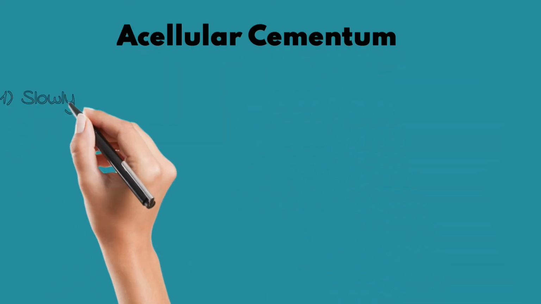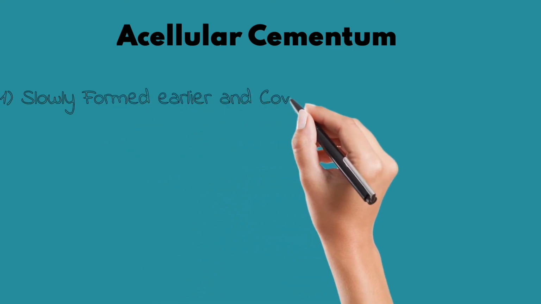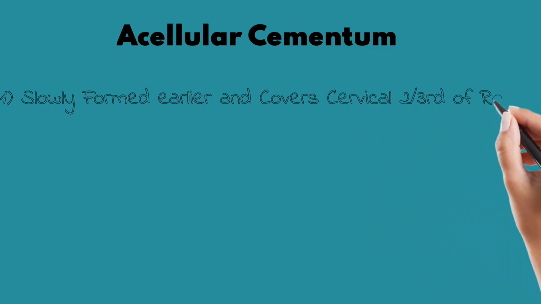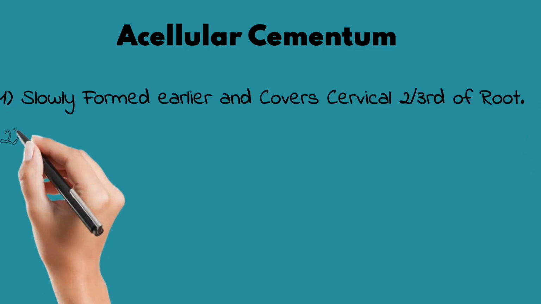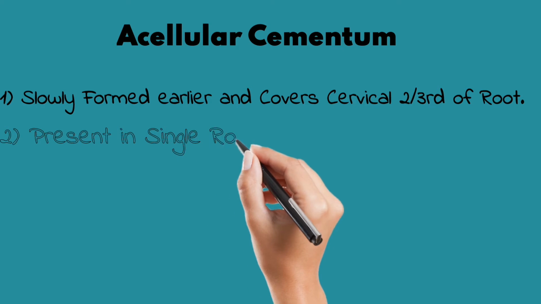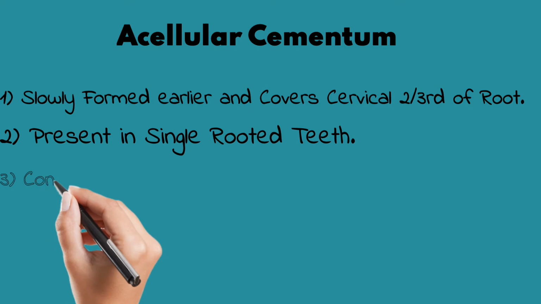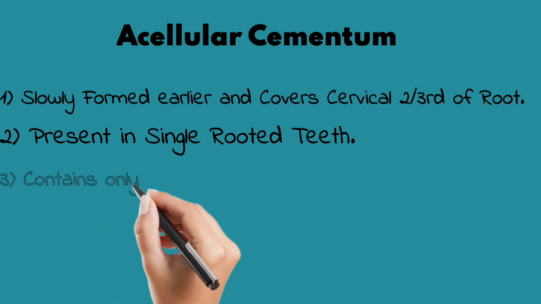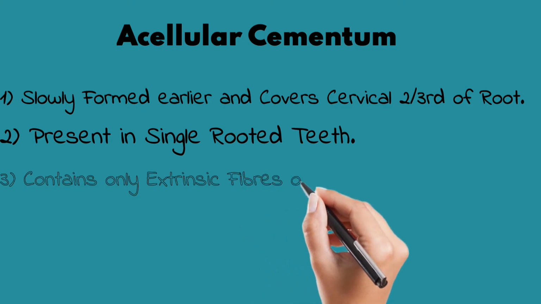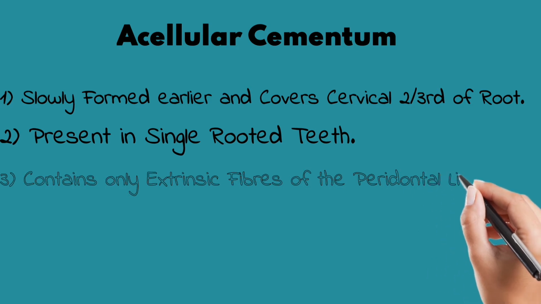First, let's start with the acellular cementum. What do you mean by this acellular cementum? These acellular cementums are the primary cementums, and these are formed slowly and cover the cervical 2/3 of the root. So these are formed earlier and slowly and cover the 2/3 cervical portion of the root. Next, we need to know that these are present in the single rooted teeth only. These are present in the single rooted teeth and contain only extrinsic fibers of the periodontal ligament, which are formed